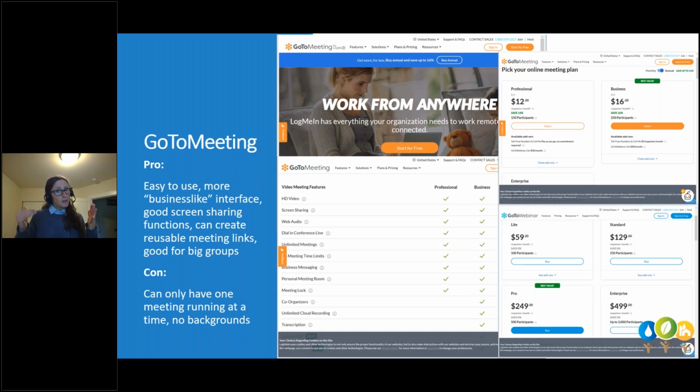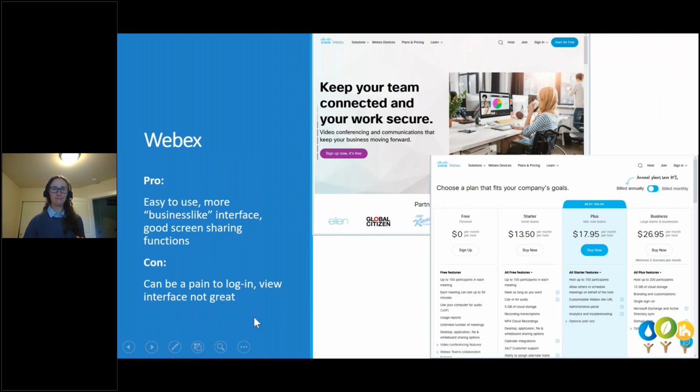I would also say Zoom versus GoTo: Zoom is a little bit more intuitive and needs a little bit less technical savvy. GoToMeeting has more accommodation and customization you can do to it. So if that's your preference, that might be the way that you go as well. Again, I think it's the background thing. If GoTo had backgrounds, I would say they're the same, but I wish they had that. That's the one interesting thing that's been nice to have.